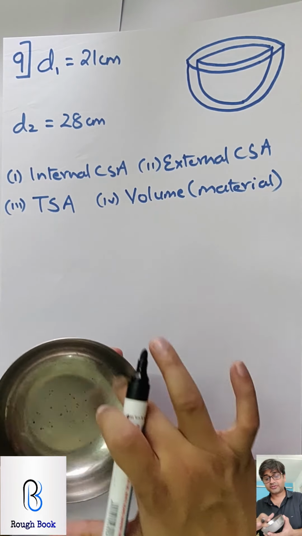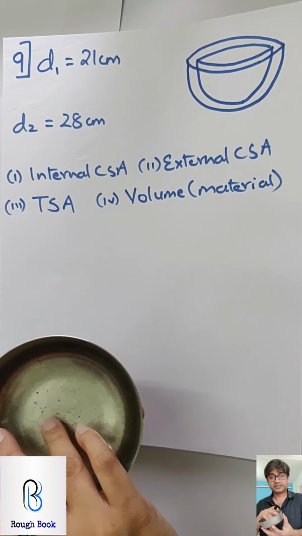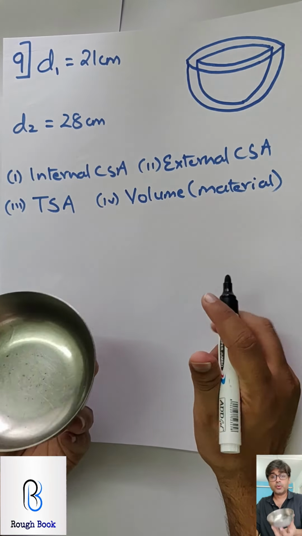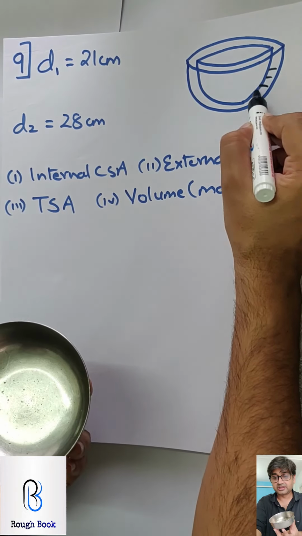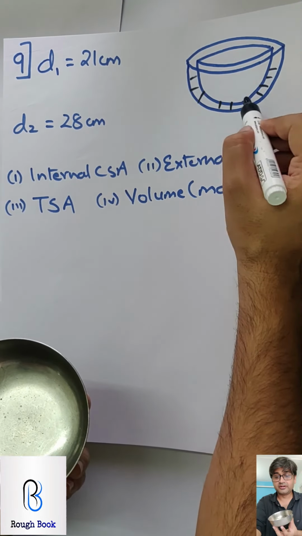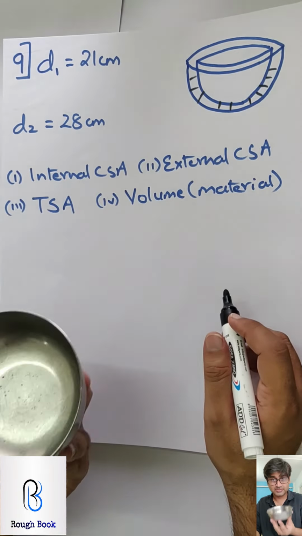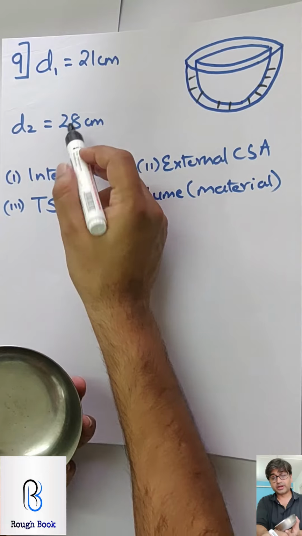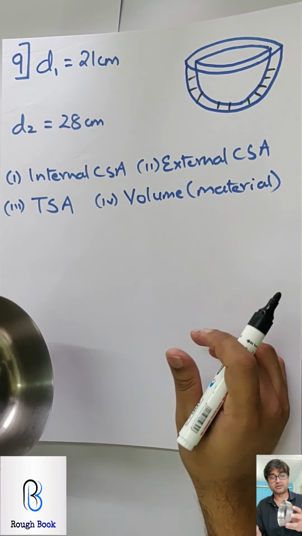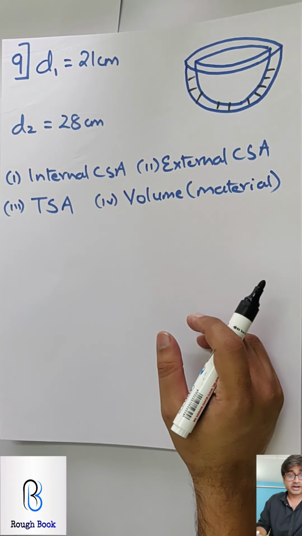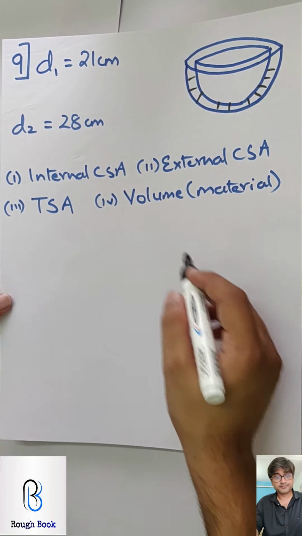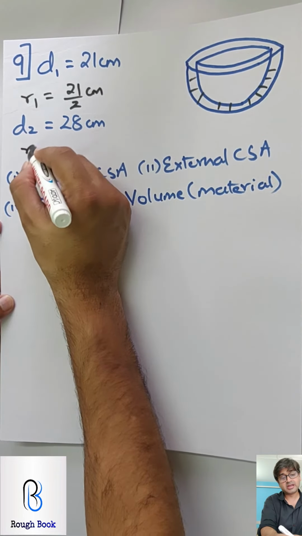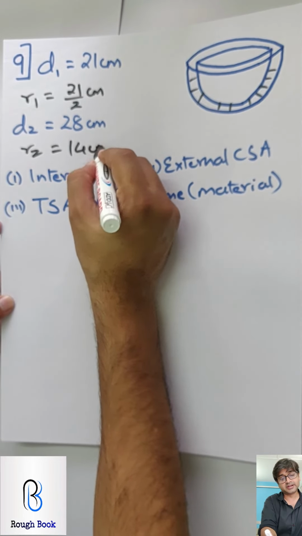This is the inner curved surface area, outer curved surface area, because this is a hollow hemisphere or a hollow bowl. That's what they're talking about. So this is the thickness. That's what is very different than a normal or a solid hemisphere. Okay. So they have given you inner diameter 21 and outer is 28. That means this holds some thickness. Now here this is very fine, but usually what they are talking about is having a bit of thickness. So your radius 1 will be half of this, 21 by 2 centimeters, and radius 2 will be 14 centimeters.